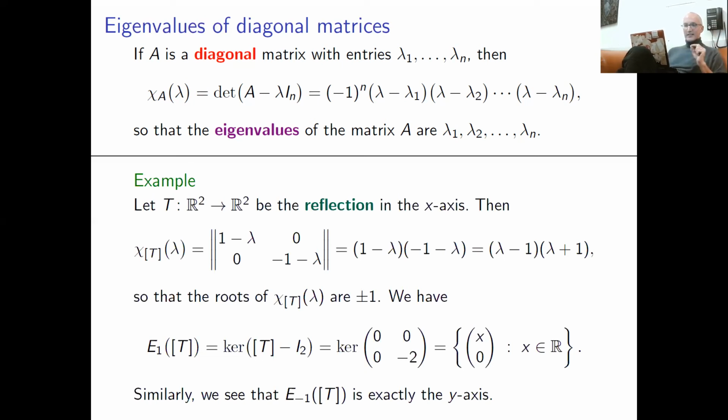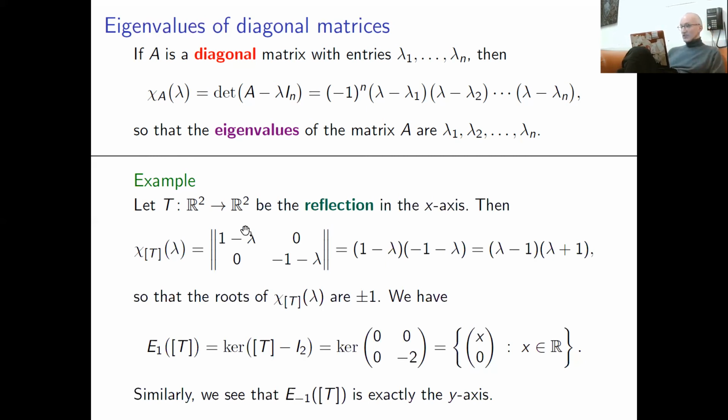I deliberately stated it in a little bit obscure, complicated way because I just want to have some break from using the language of matrices. Let's just say a few words. Consider one example about linear operators. If you have a linear operator T, which is basically a reflection on the x-axis, what does it mean? It's a linear operator that maps vector (x, y) to the vector (x, -y). Then you can consider its standard matrix. Its standard matrix is just the diagonal matrix with entries 1 and -1.